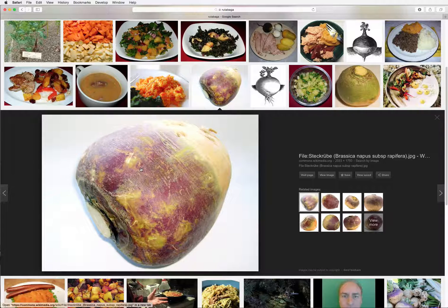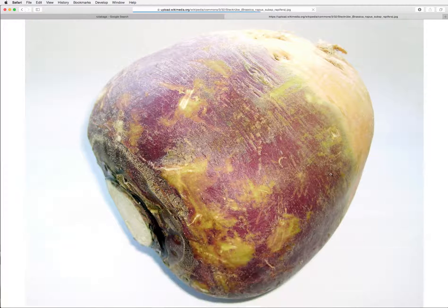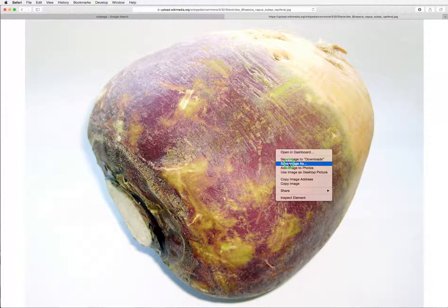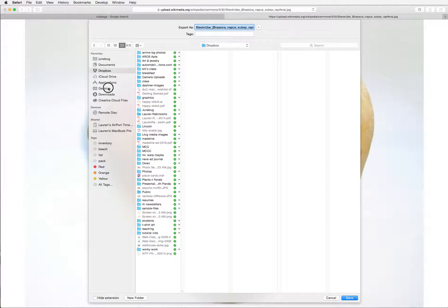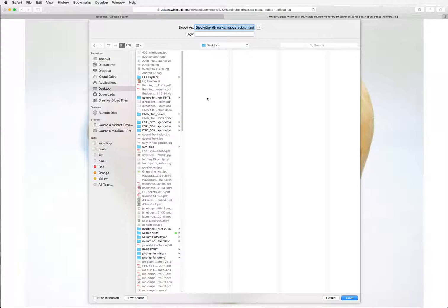Again, to access this, I would click on the image I want, I would choose View Image, and I would either control click or right click. I can save image as, put it in that folder that I was going to put it in before, give it a decent name. That will make sense to me. I don't want to take off the part that says .jpg because it needs that for the file to work,